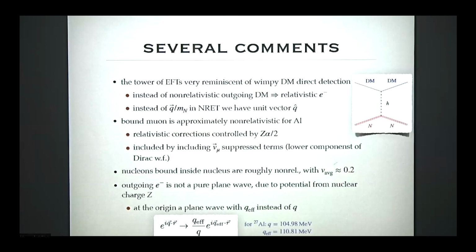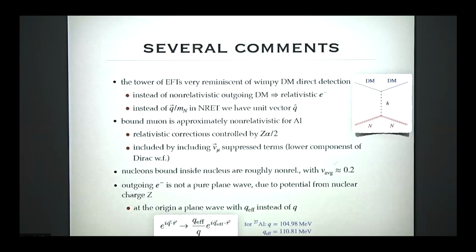The last change is that this outgoing electron has a charge. So it feels the fact that the nucleus also has a charge. There's a trick as to how you handle this. Instead of having an outgoing wave, since the scales here, the muonic atom, are still much bigger than the nucleus, that's the approximation. So this muonic wave function is slowly changing inside the nucleus. That's the ratio of scales that you can expand this in.